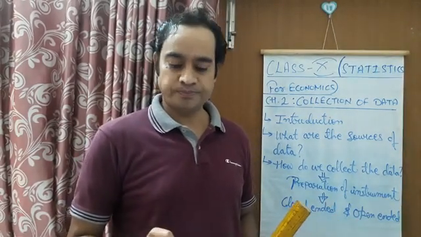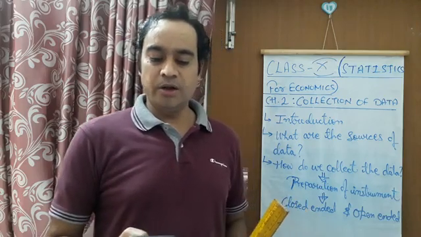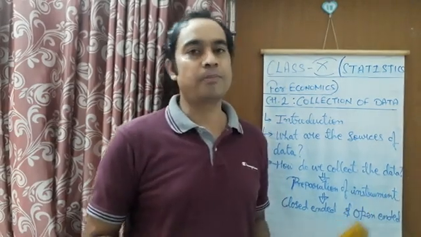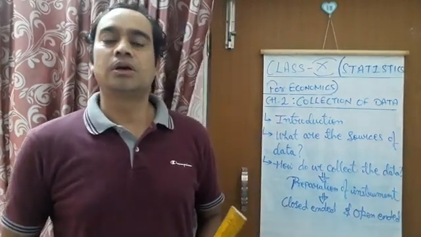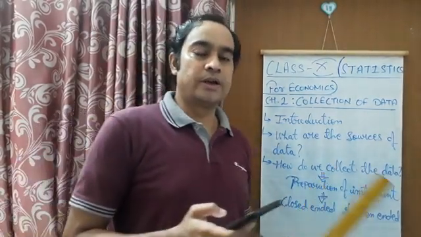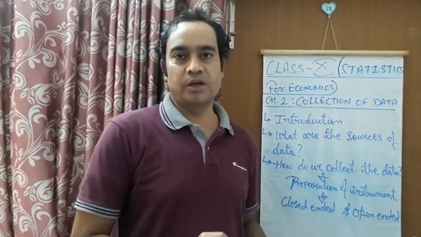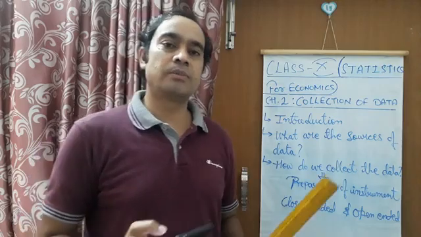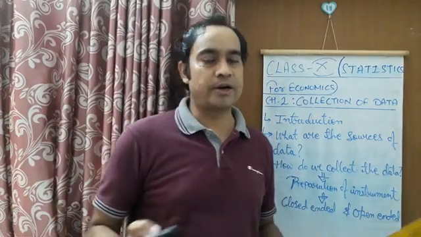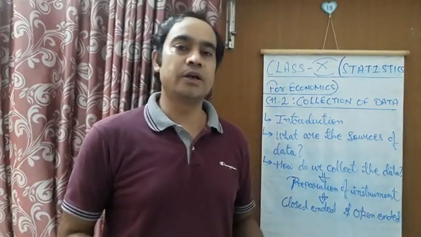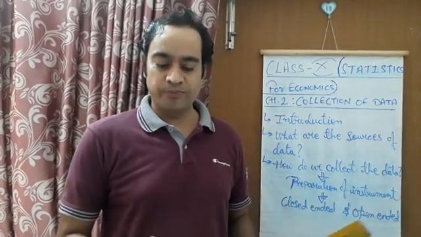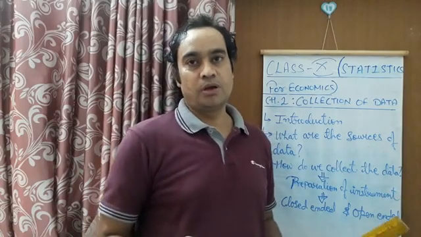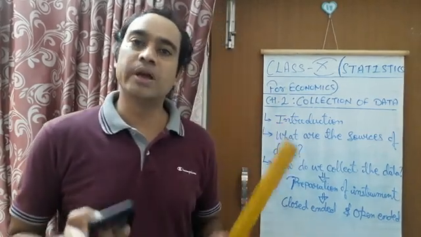In this statement, you can observe that the food grains production in different years does not remain the same. So this is the data which we are seeing here in the example. We see here that the production of food grain is not constant. It is not the same in different years. It is continuously changing, and that is why we call it a variable. The production of food grain is a variable.